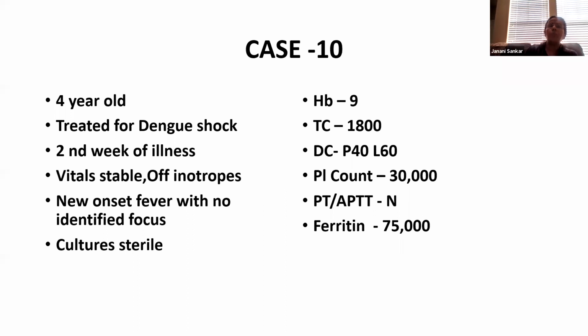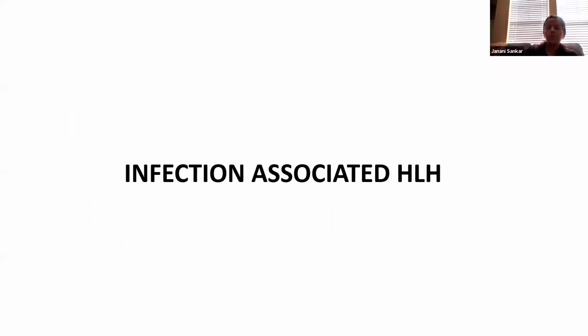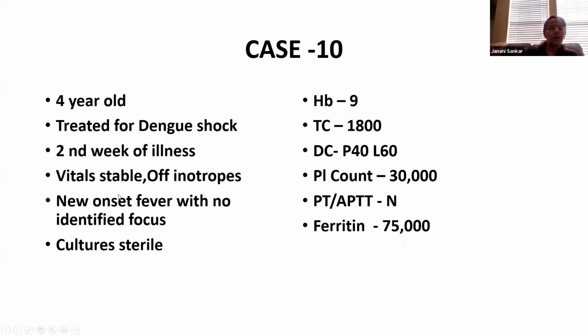So this is a very common scenario in all our ICUs during the dengue season. It's infection associated hemophagocytic lymphohistiocytosis. The clues are you have to look for any child who's recovering, not only dengue, any viral illness. Once the child recovers from the viral infection, the child comes to you with a new onset fever, has bicytopenia, and also look for a splenomegaly. You may be lucky to get a spleen, and look at the criteria for HLH.